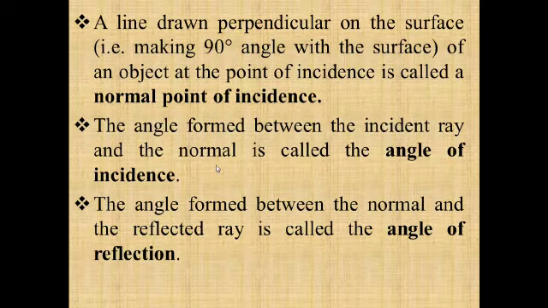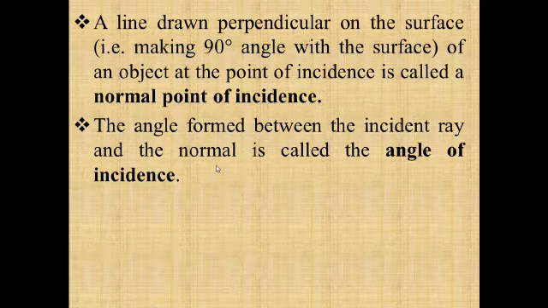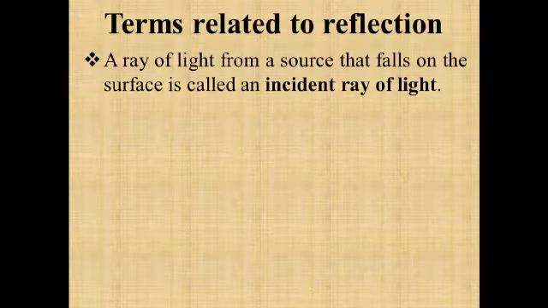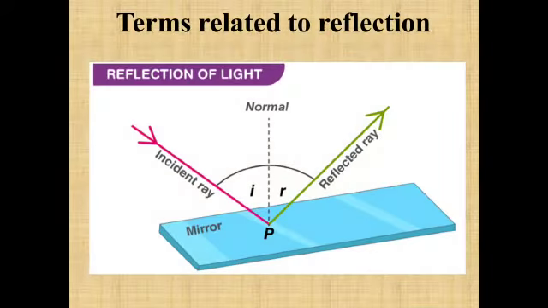So these are the few terms that we have discussed. So this is the incident ray, the ray of light which strikes the surface at P, that is the point of incidence. This is the normal, the imaginary normal, which separates this incident ray and the reflected ray, and this green line is the